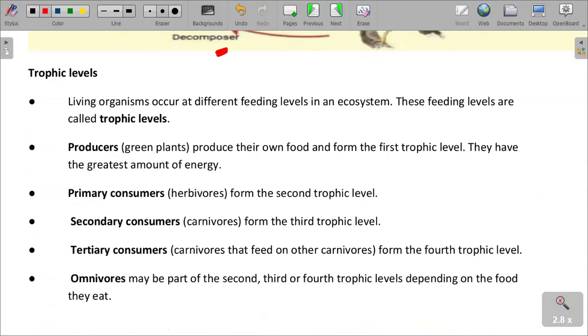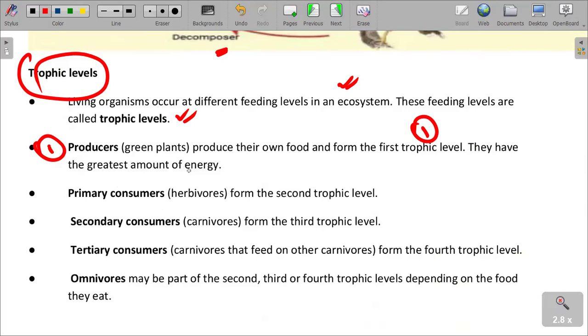So trophic levels. I once already mentioned them, that living organisms occur at different feeding levels in an ecosystem. These feeding levels are trophic levels. So I said that we have got the producers, which are green plants that produce their own food and form the first trophic level. They have the greatest amount of energy because they are the primary ones. They are the ones which support the entire ecosystem. They have to produce more energy in order to support the flow of energy